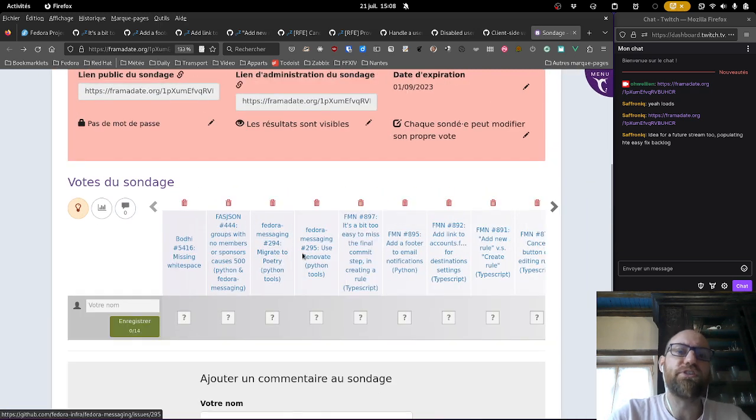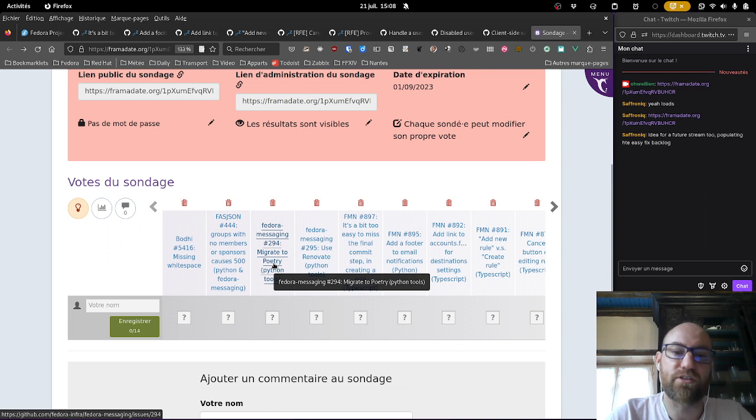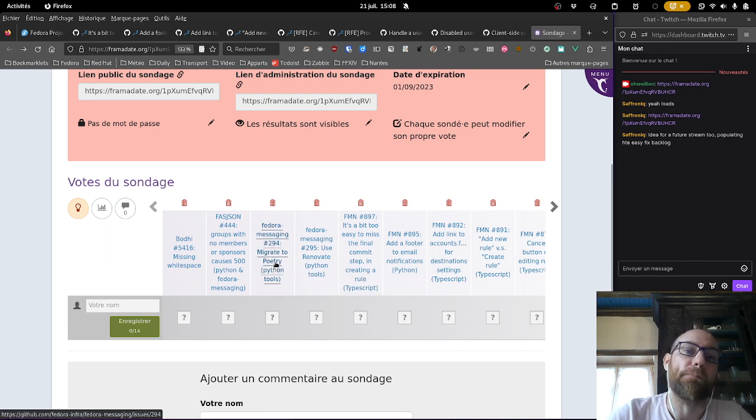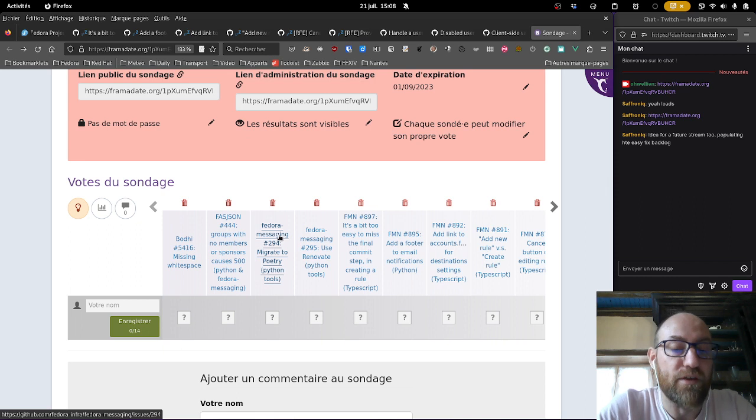Third one that you should see is on Fedora messaging. It's just migrating the Fedora messaging project to Poetry. Poetry is a Python tool for dependency management that we use in many projects, and Fedora messaging is still using the setup.py, even though it's a bit of an advanced one, but it's still the usual setup.py that has been the norm in the Python land for forever.